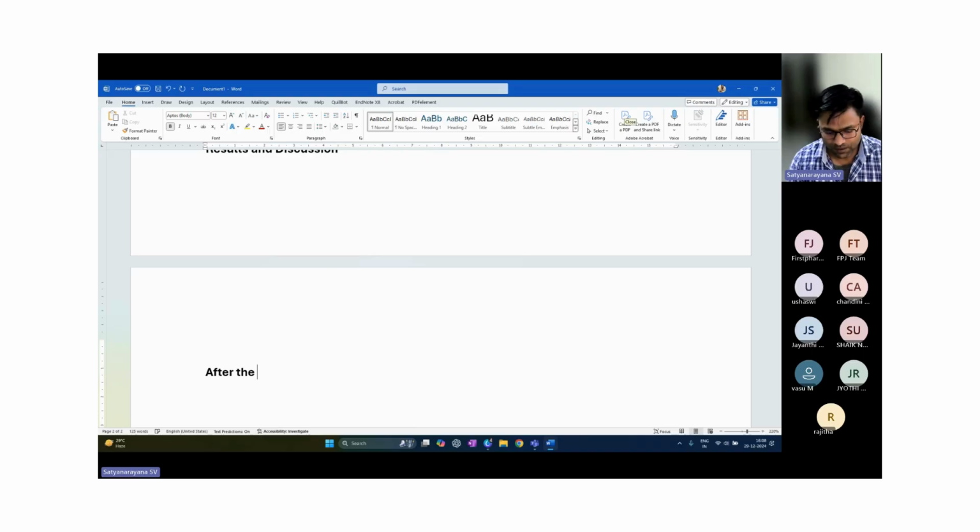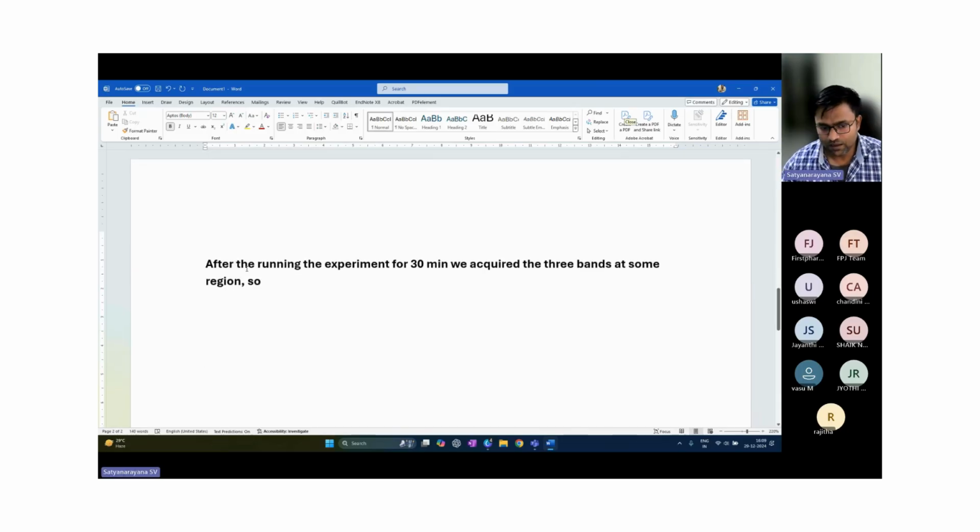After running the experiment for 30 minutes, we acquired 3 events at some reason. Just for example, I'm giving at some reason. So this is your observation, what you got, and you are also mentioning like this, you can observe it,